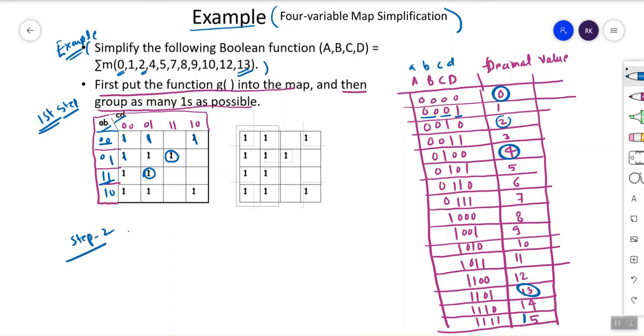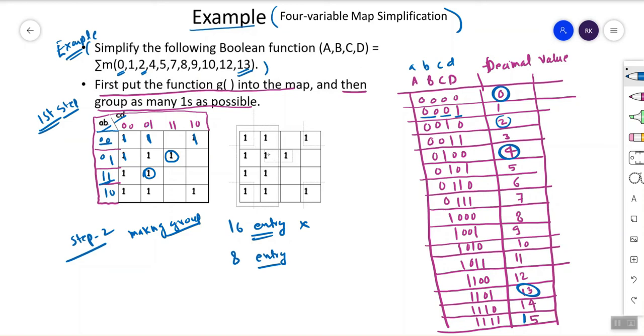Step 2, making groups. You have to make the largest group. In total there are 16 entries, so you could make a group of 16, but it is not possible because some cells are blank. Now we go to 8 and make a group of 8 entries. So 8 is possible.